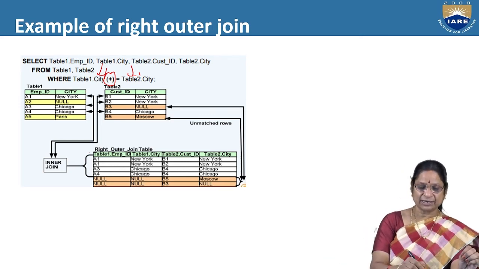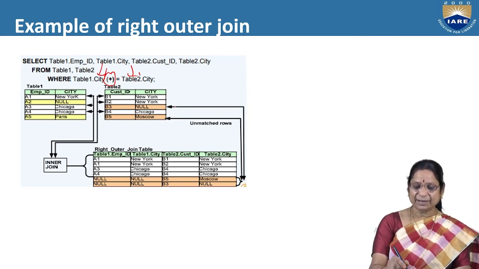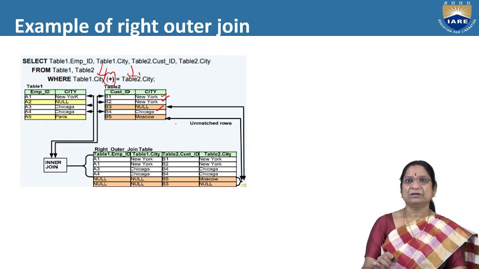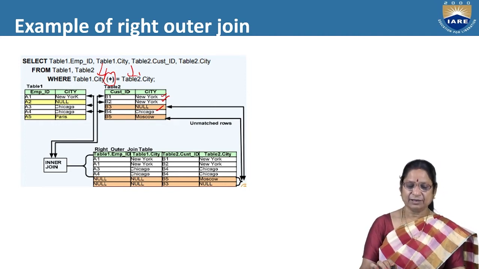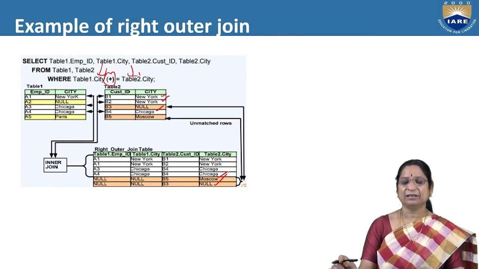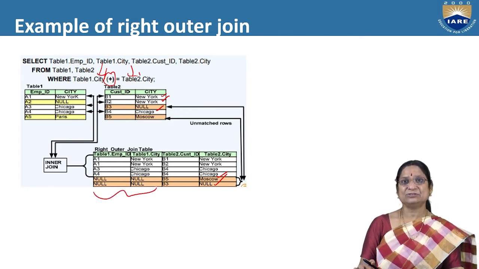So, as usual, inner join is the same. We are comparing now here. While comparing, in the inner join, B1, B2, B3, B1, B2 and B4 are there. 3 tuples are mapped. How many tuples are left over again? Null and Moscow tuples are. So, null value Moscow, that is B5, B3 are included for which the table 1 values are going to be null. There is no match, no?